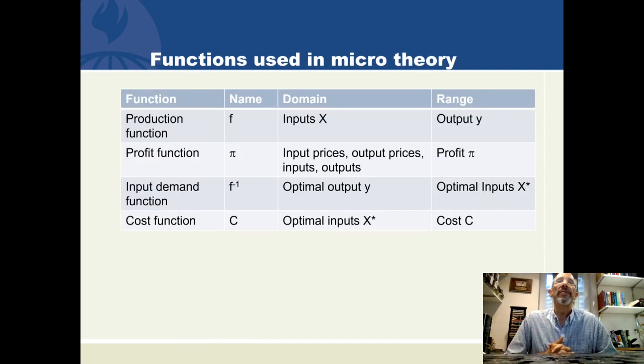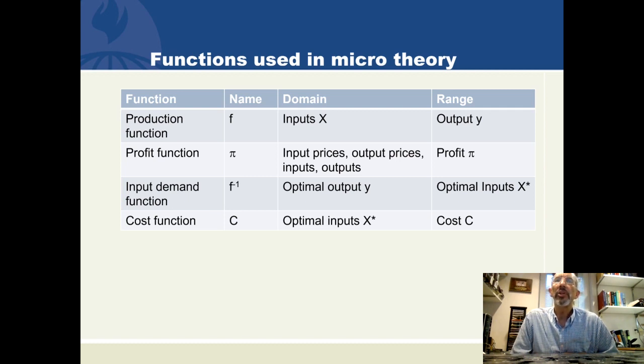So if we go back to our functions used in microtheory, we want to cover four different functions, and this table displays the name of the function and what it takes in and what it puts out. So a production function named F, and F is its name, just like Harry or Susan or Karl Marx. It's a name, and it takes in inputs. These inputs labeled by X are labor and capital and raw materials, and the output of a production function is